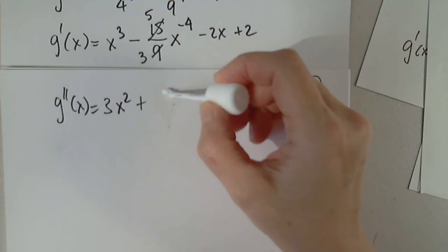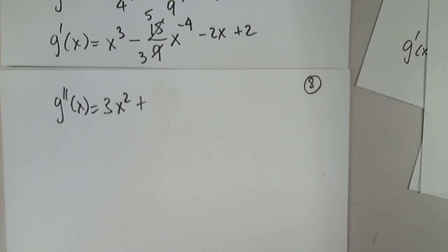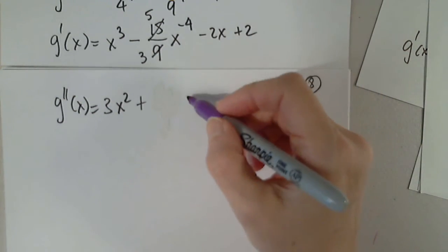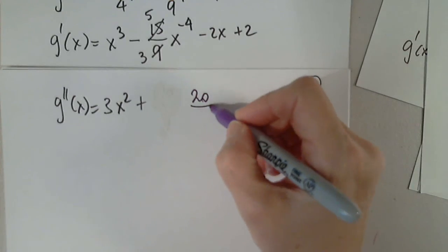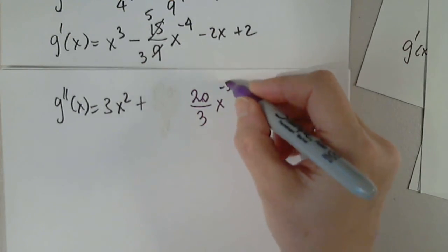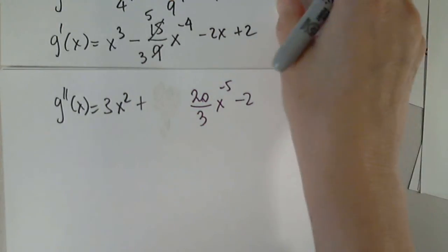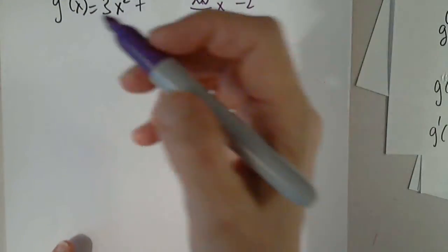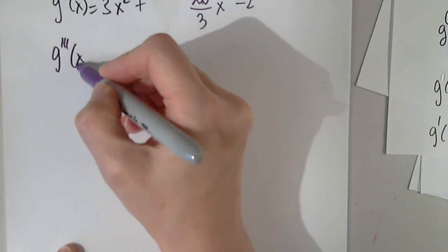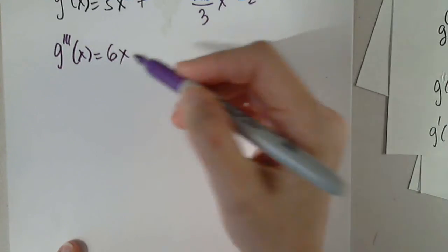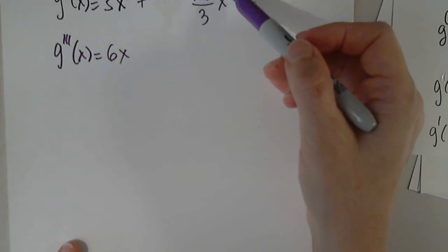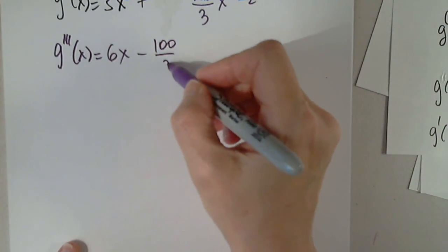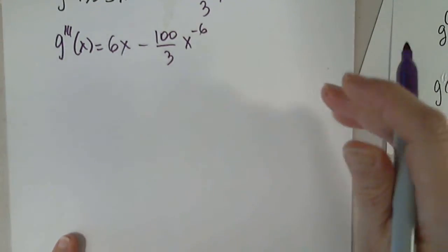I'm just going to erase the whole thing, so I'm not going to wait for it to dry. So I'll continue further away, but you know what I mean. So this is positive 20 over 3, x to negative 5. This becomes negative 2. Now the third derivative will be 6x, and now it will be negative 100 over 3, x to negative 6,